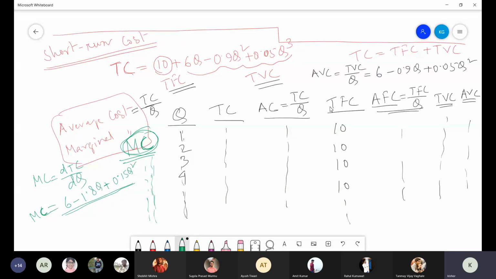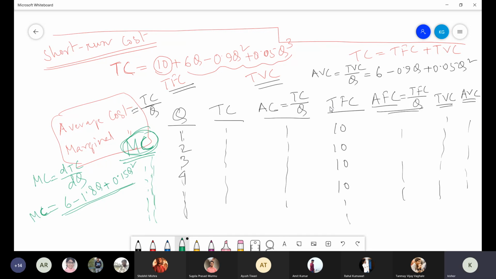Just like the marginal utility concept. In the case of marginal utility, it is the additional utility you generate because of consumption of one additional unit. In this case, it is the additional cost you incur because of producing one additional unit of a particular product. But as such, the meaning of marginal cost is, for a very small increase in your production, maybe by 1 unit, what will be the additional cost?